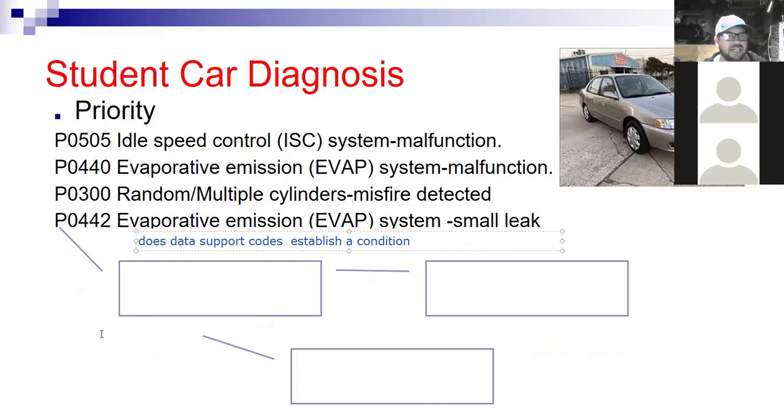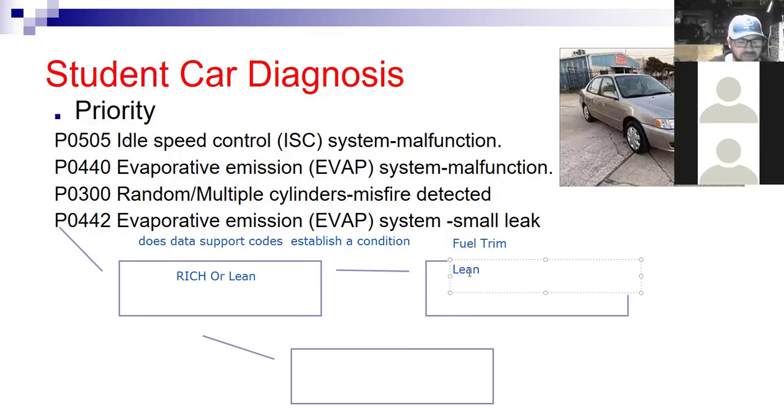So what would I look at? I would look at fuel trim, because to establish a condition, I'd ask, is this car running rich or lean? Rich or lean? Well, if I look at this and I see fuel trim and it says, hey, you're lean,